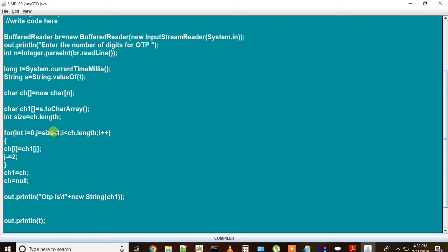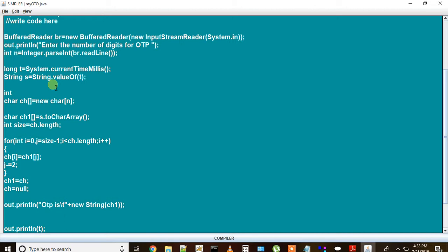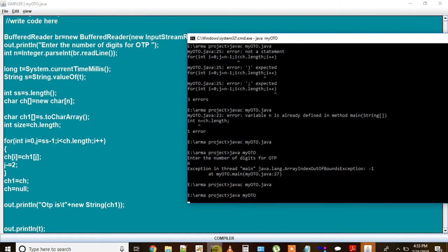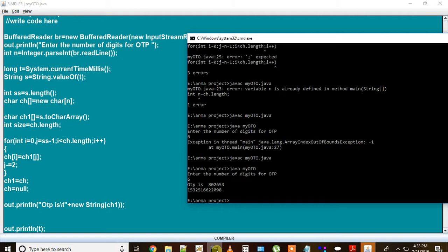Okay, so size should be minus k, and wait a second, int ss is equal to s.length. And if I use here ss minus length,